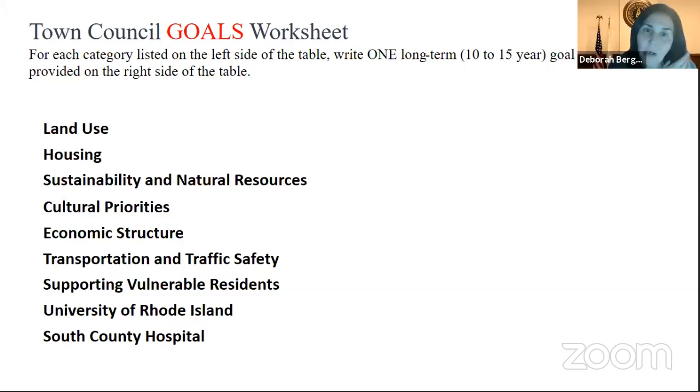I think that's more akin to an objective, because it's a clear, actionable thing that's attainable, that's measurable, et cetera. The goal in economic structure is really about, I don't know, it's really the balance between the things that we are and the things that we aren't. So the retail thing is something that we're not, that we want more of.